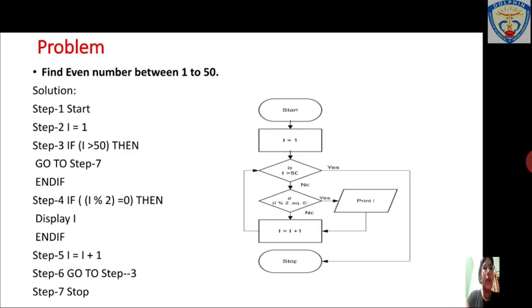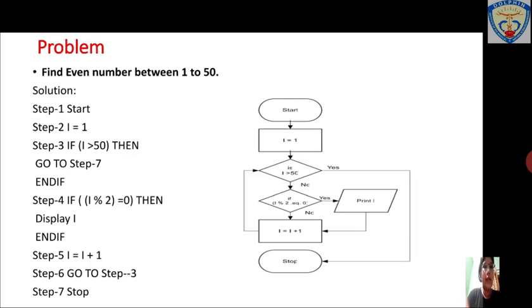In step 4 you are checking whether the number is even or odd. In order to check this, you use the modulus operator. What does the modulus operator do? It gives the remainder. For example, if the I value is 4, then 4 % 2 gives the remainder 0, because 4 is easily divisible by 2 without any remainder.